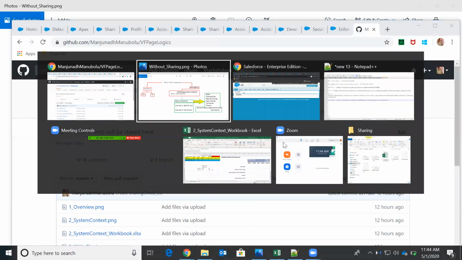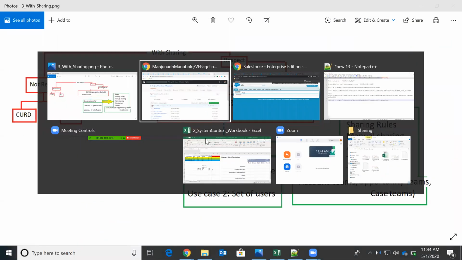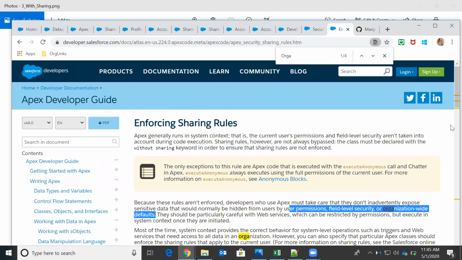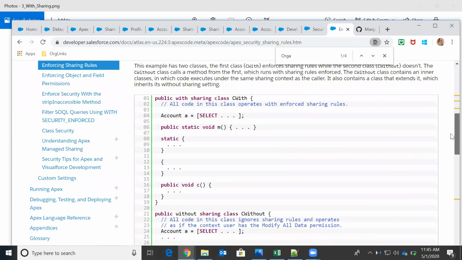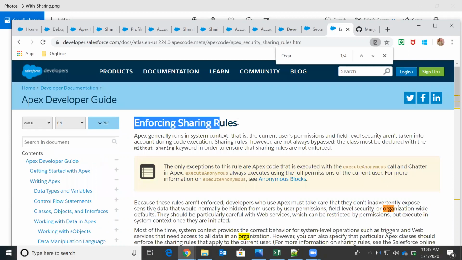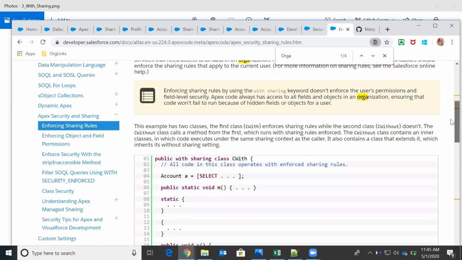And there are a few other concepts I want to cover in with sharing and without sharing. Let's say a few people will be attending interviews. As part of that, there are some questions, so we will see what those questions are. Let me, okay, take this document, which has very clear information. You can read it from this also. So we will see what interview questions we will generally come across.